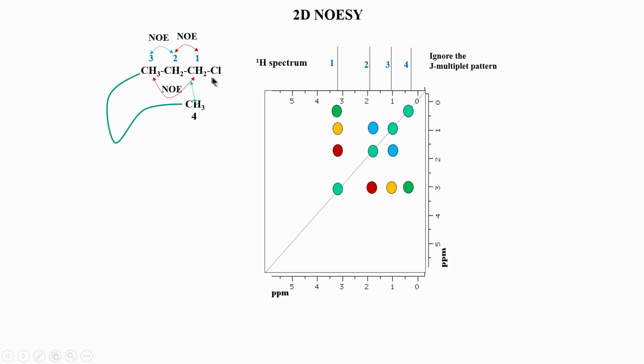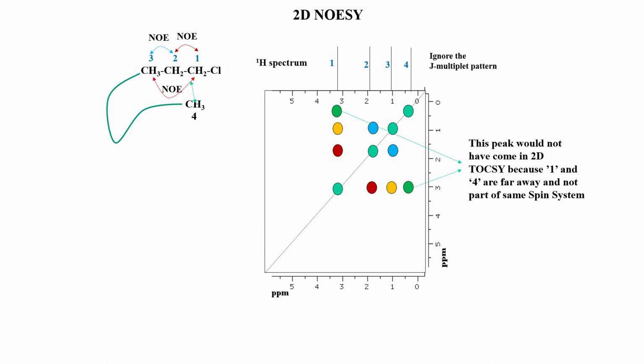So, if it is close to 1, you can see there will be a new peak appearing between 4 and 1. But 4 and 1 are no longer J coupled, there is no J coupling between them, it is only the through-space interaction which is dominating, and that gives rise to a peak. So, this information that 4 and 1 are giving a cross peak is already very good information, because it tells us these two hydrogens are close in space. This is the kind of information that the NOESY experiment can provide us.